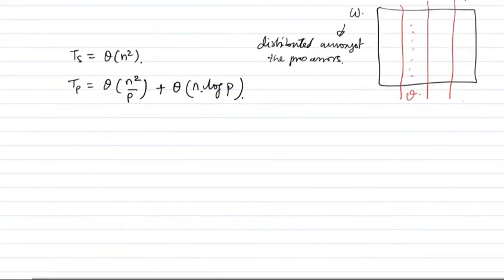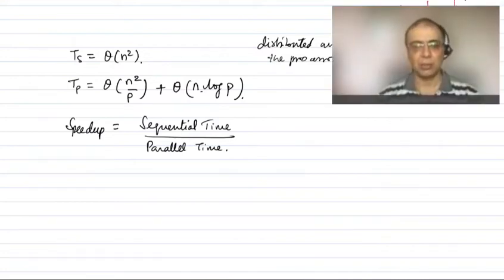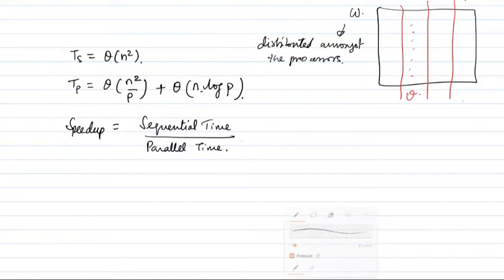Okay. So one of the things that we are interested in is speed up. How do you calculate speed up? Speed up is basically the sequential time divided by the parallel time. In an idealistic scenario, we want the parallel time to be 1 by P times the sequential time, which means it would give a speed up of factor P. So if I'm putting P processors, I expect a speed up of factor P, but that doesn't always happen for all algorithms, right? So in this case, what's the speed up? The speed up is,